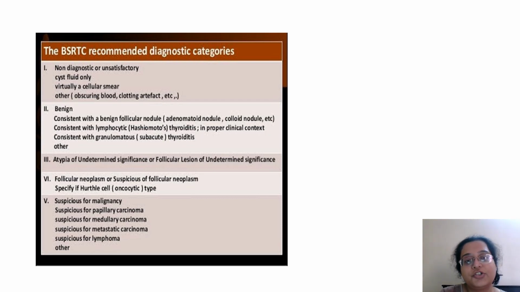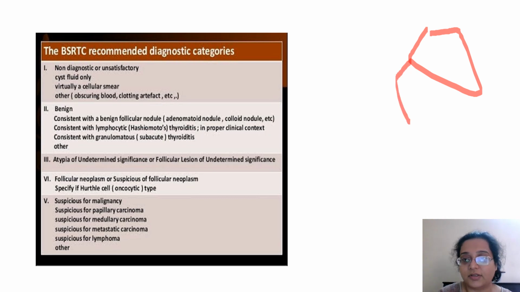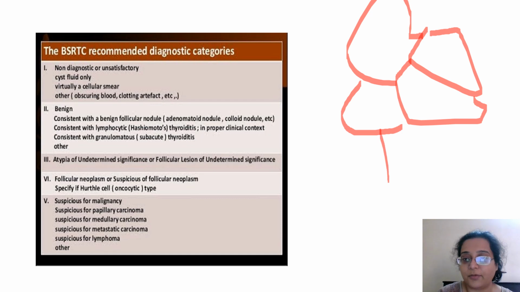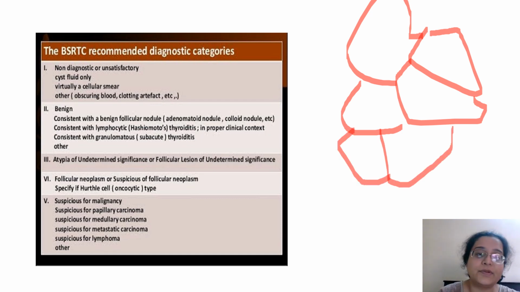So when we are very sure that either there's a granulomatous appearance in the background, or there are too many lymphocytes in the background with follicular cells and colloid, then we know, okay, fine, this is thyroiditis, or this is just too much colloid. The pavementing, the cracked pavement type appearance, crazy pavementing, where the colloid cracks and makes these kind of things on the slide, like the stone pavements, the sidewalks, this is crazy pavementing. So when this happens, then you know that it is too much colloid and it is a benign lesion.